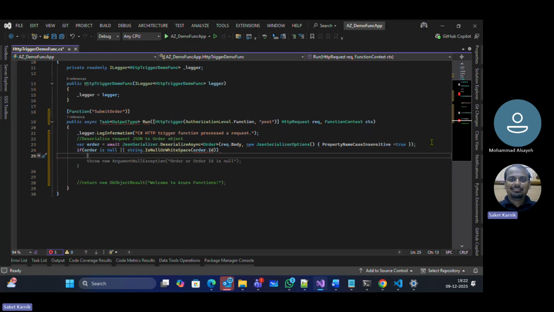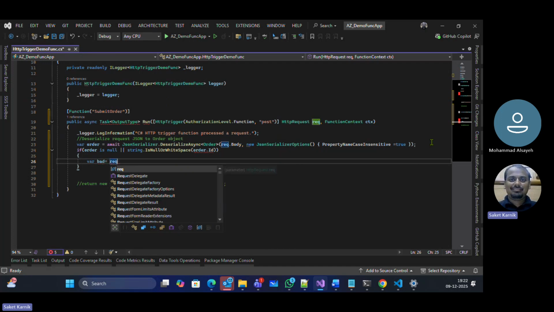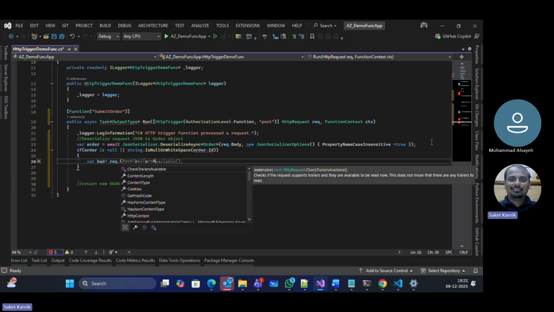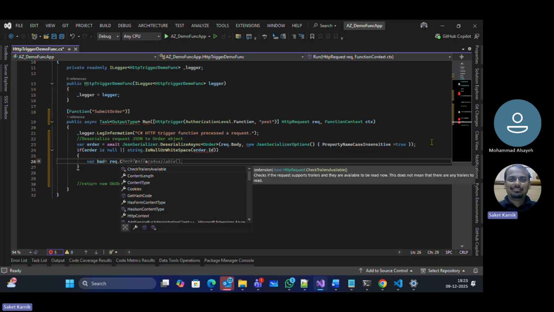In either case, what I want is I want to return the kind of exception, but as an output. So here I say var bad equals request.CreateResponse. For incoming request only, I want to create the response, right? It's not coming. Request.CreateResponse. Let's see if